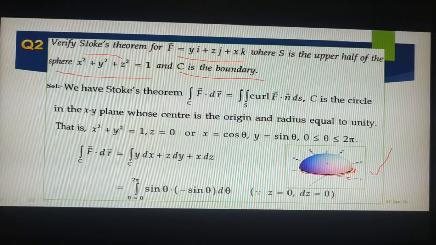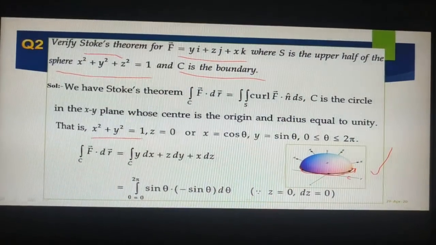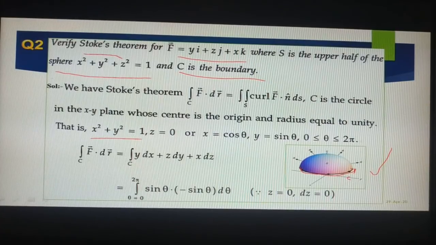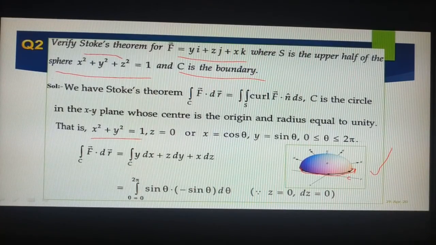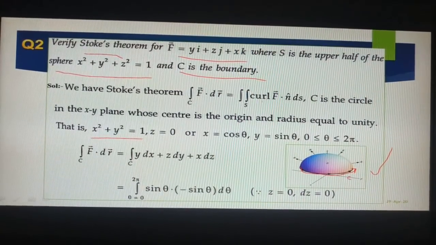It will look like a circle if z is equal to 0 at the bottom, so we can take it as a circle. Anyway, you have to find the length of the circle. You may think that the length of the circle for x square plus y square, we already know that, isn't it? What is that? The radius. So we can find the perimeter, something like that, but it is in the vector field. Keep that in mind. We are finding that region in the vector field. We should not do it directly in that way, right?